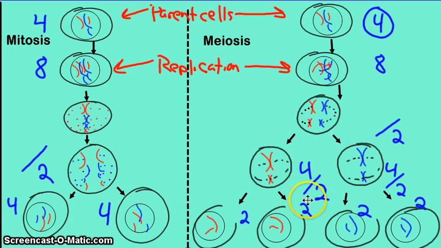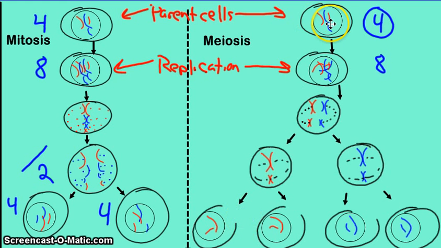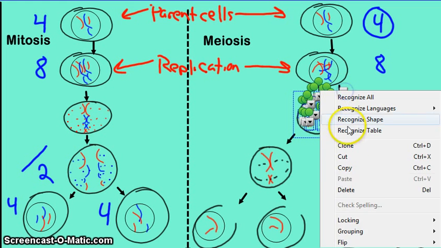If we go to our more complicated diagram of meiosis here, and if I get some of this out of the way, you will notice that the original parent cell has a long red, a long blue, a short blue, and the offspring, the daughter cells, there are 4 of them, are not the same as the parent. This one only has a long blue and a short blue. And if you remember back to your lecture on the process of meiosis, you may recall that